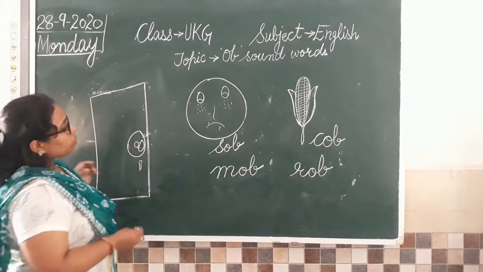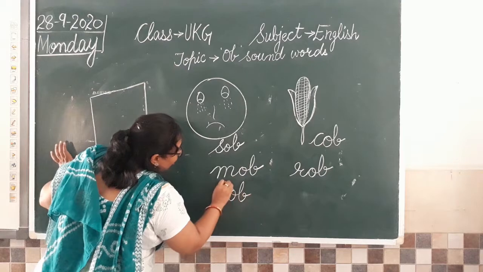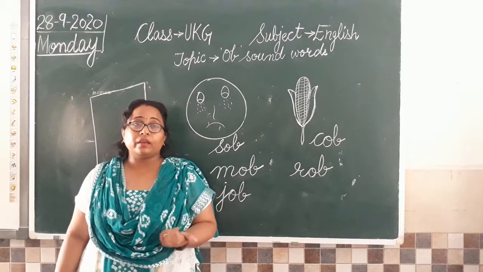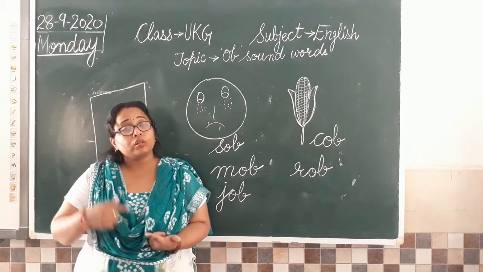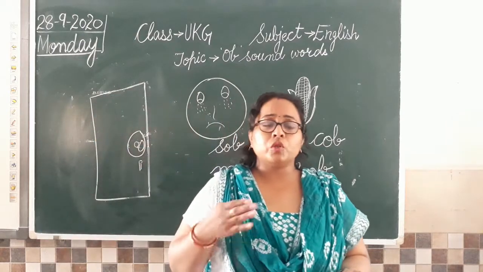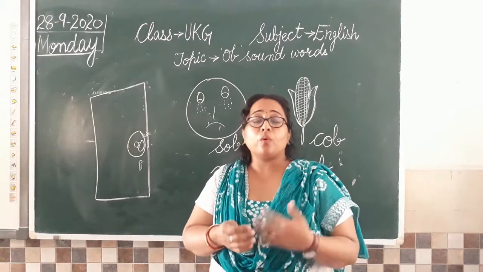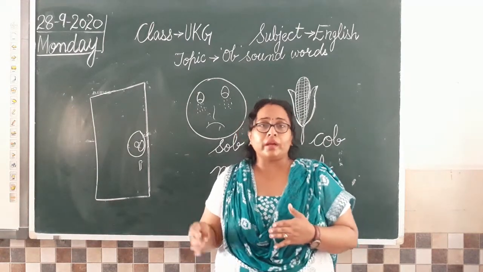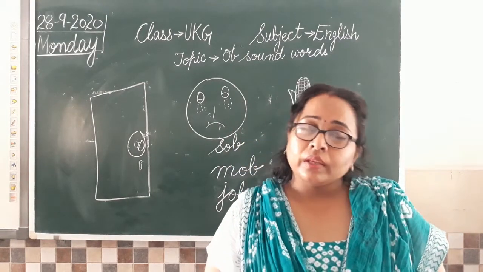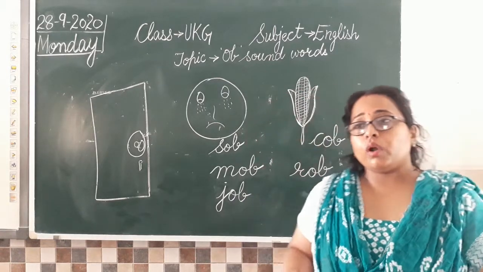Next is job. So the next word we are going to do is job. So every morning पापा job पे जाते हैं. If your mama is also working, she also goes for job. So what is this job? Job means कोई काम करना. That some work is assigned to you. आपको कोई काम दिया है and you are doing that work. So that is called job. Clear? What is job? If you are given some work and you are doing it, you are completing the work.